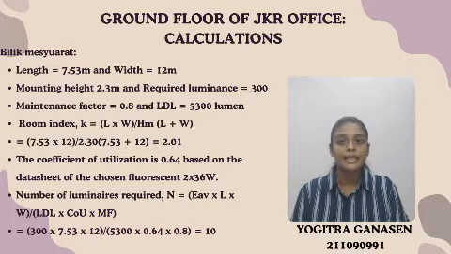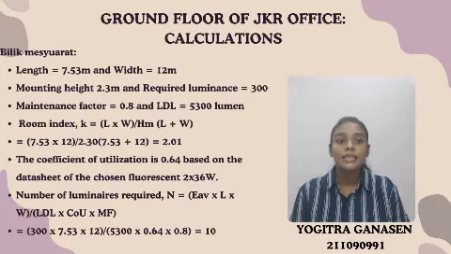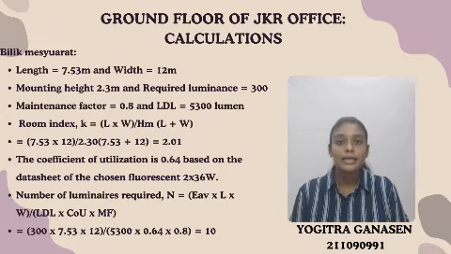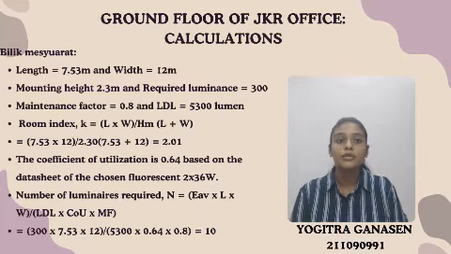For bilik mesyuarat, the length and width measured from the AutoCAD software is 7.53 meter and 12 meter respectively, with a mounting height of 2.3 meter. The required luminance is 300. The maintenance factor is 0.8. A lighting design lumen of 5300 lumen is used based on the datasheet of the chosen fluorescent 2 times 36